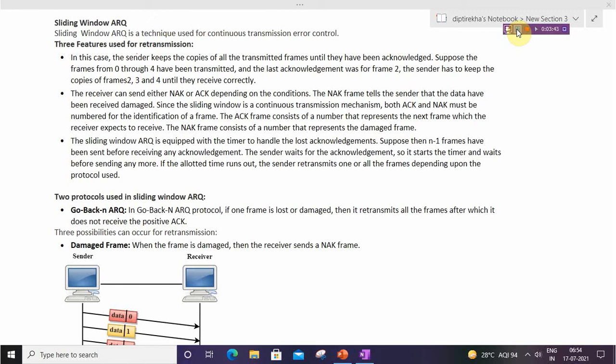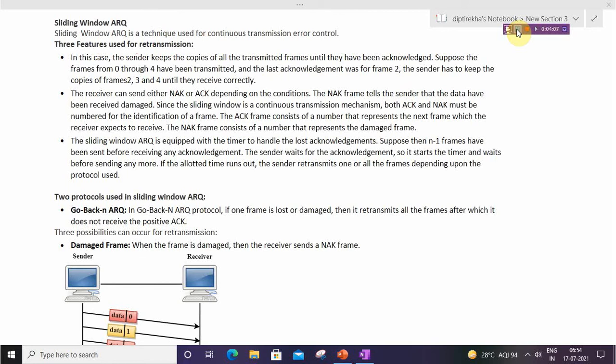Since sliding window is a continuous transmission mechanism, both ACK and NAK must be numbered for identification of the frame. As we know, sliding window sends more than one frame without acknowledgement, so the ACK and NAK are numbered properly for the identification of the frame.